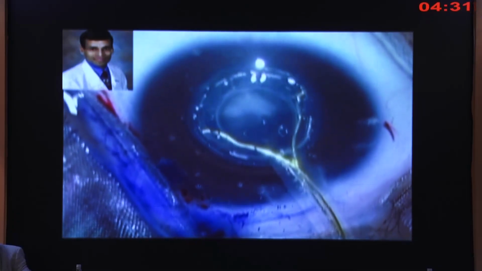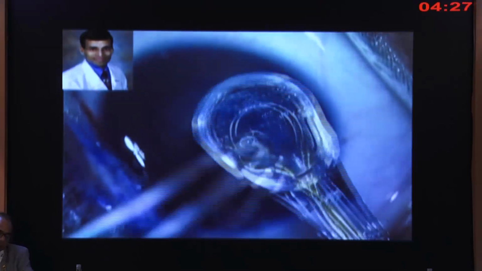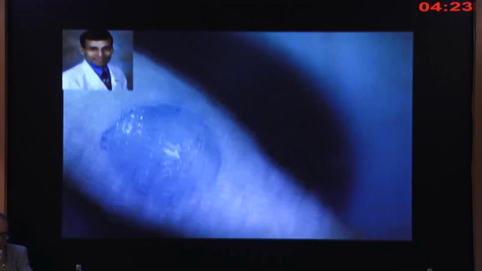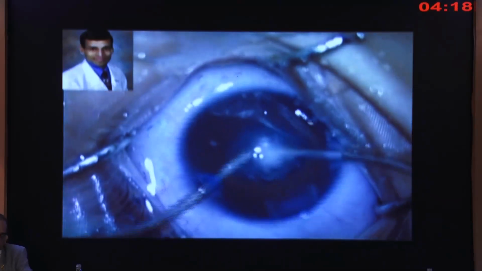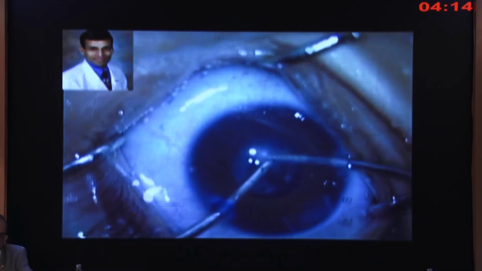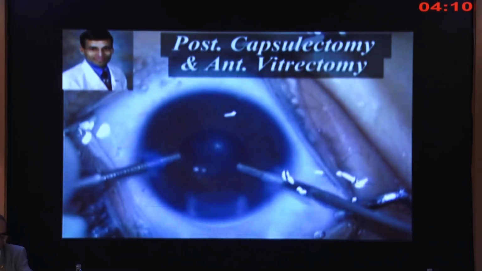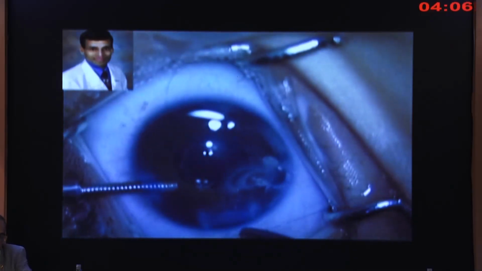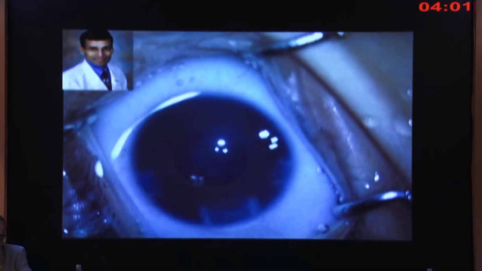In this case, this was not a microphthalmic eye, and you can see with the Zepto nanopulse technology, the capsular rexis was done precisely, 5.2 millimeter in size, and then the remaining part of cataract management is not difficult. We have done the bimanual irrigation aspiration, followed by implantation of the lens. And since this was a 5-month-old child, we did a primary posterior capsulectomy with anterior vitrectomy to provide a long-term clear